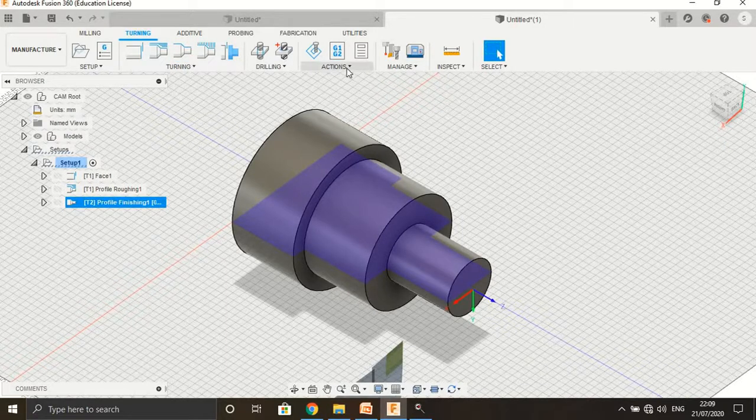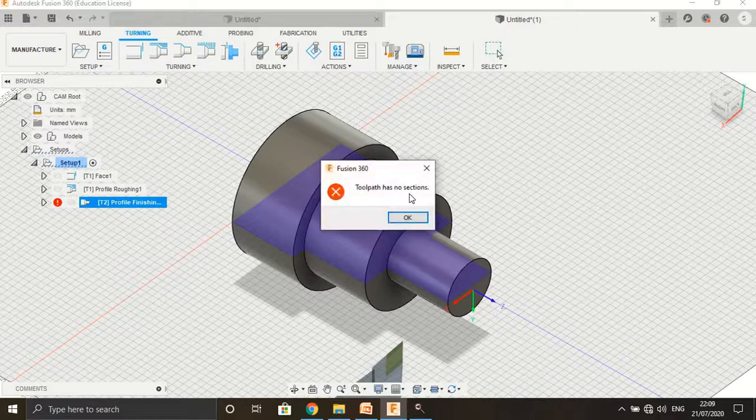For the surface finishing operation, we are going to check by generating the path. Again action, generate the path. Similar way, simulate.